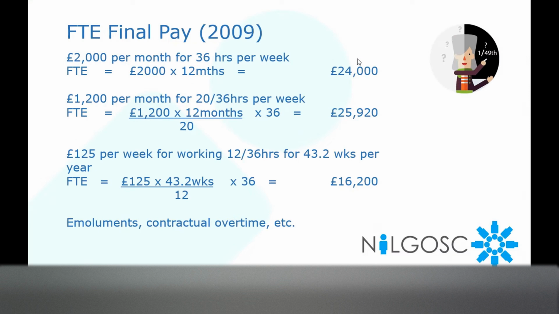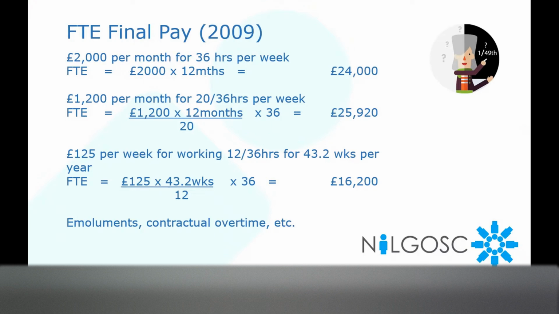Okay, I'll give you some examples here of full-time equivalent pay and how we calculate it. So the first one's very straightforward. We have a member earning £2,000 per month for a 36-hour week contract. So this is quite straightforward. It's the 2,000 by 12 months. It's £24,000. The second one is for a part-time employee working 20 hours over 36. Let's just calculate it with the £1,200 times 12 months times 36 over 20 gives a whole-time pay of